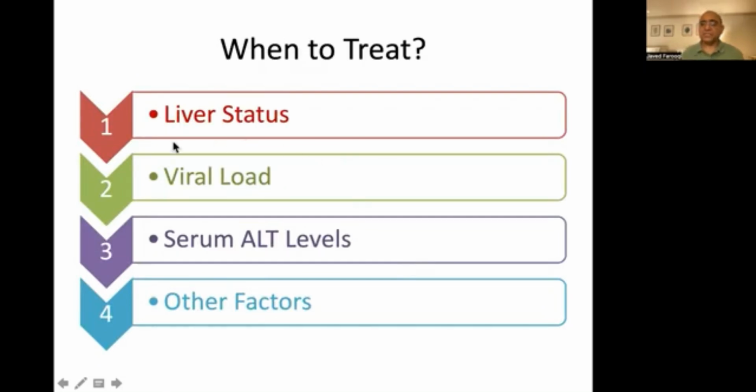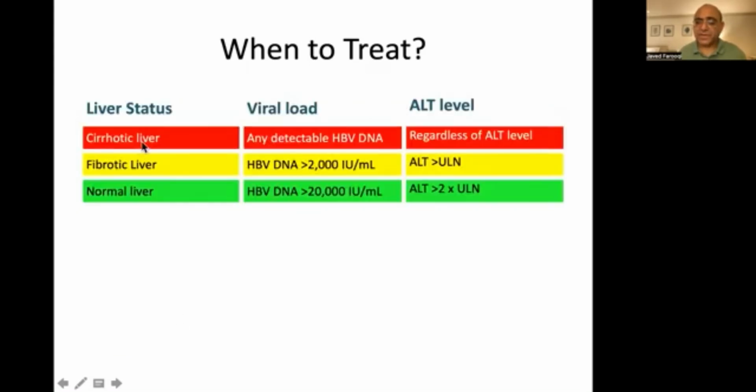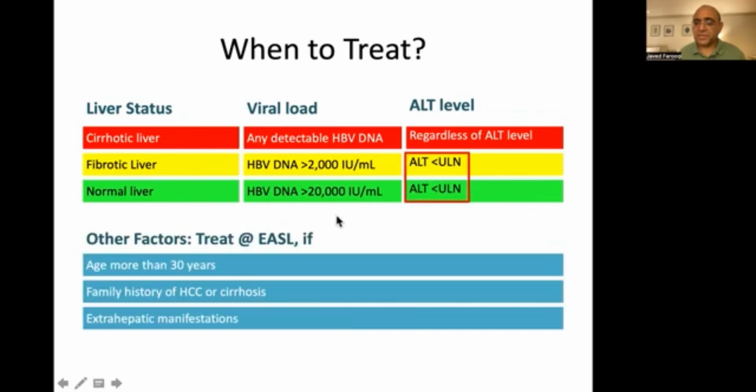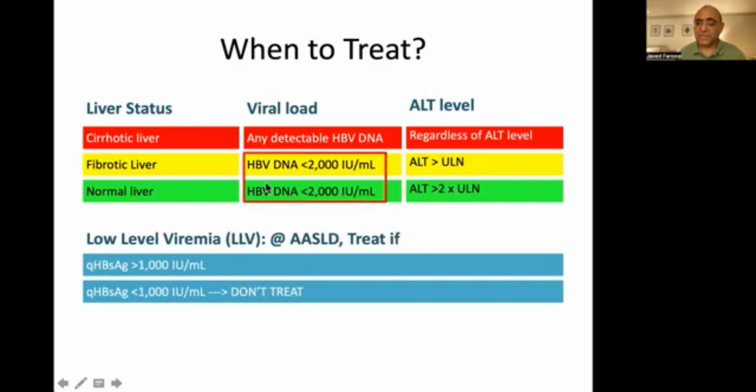We did discuss in the previous videos the 4 steps algorithm. In the first step, to evaluate the liver status; in the second, viral load; in the third step, serum ALT levels; in the fourth step, other factors. And we discussed what should be the criteria of viral load and ALT for cirrhotic liver, fibrotic liver, and normal liver. And if there is any deviation like normal ALT, then what should be the criteria to start antiviral treatment? And if the DNA level is less than the required criteria, then when will we start these patients